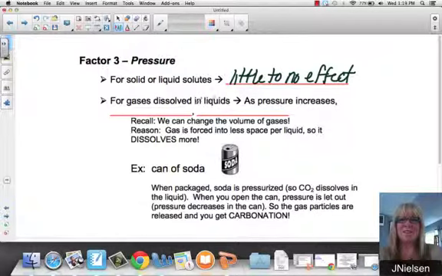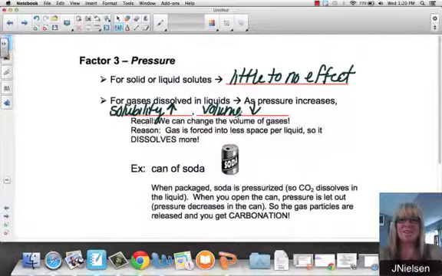For gases dissolved in liquids, as pressure increases, we know that the solubility will increase. And what happens is that the volume also decreases because you're pushing the gas molecules closer together. Recall, we can change the volume of gases. Gas is forced into less space per liquid, so it dissolves more, and that's how they get carbon dioxide into